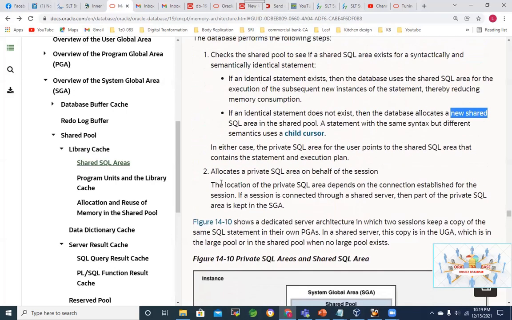And finally, it says allocates a private SQL area on behalf of the session. So that's step number 2. The location of the private SQL area depends on the connection established for the session. If a session is connected to a shared server, as we explained earlier, part of the private SQL area is kept in the SGA.